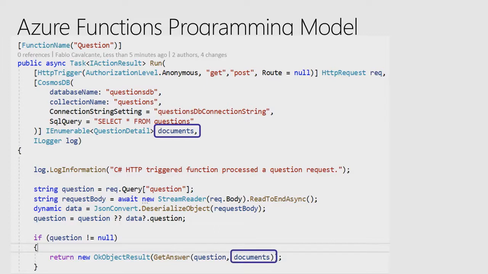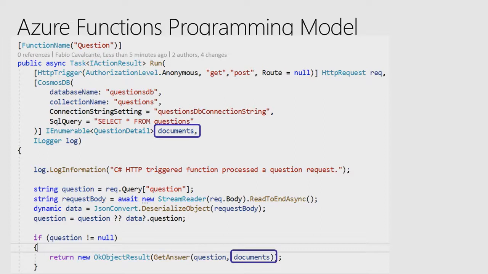So when we're leveraging and using bindings, what does that programming model look like? We have a quick example here, which is actually taken from the demo app we're going to be walking through during the presentation, showing how we are actually using Cosmos DB in this particular case. What you'll notice here is that we have a declarative model where I have the ability to configure my binding, and I can continue to focus on my business logic, the logic that matters to the problem that I'm trying